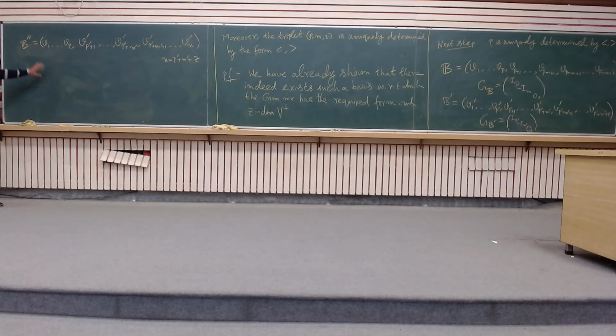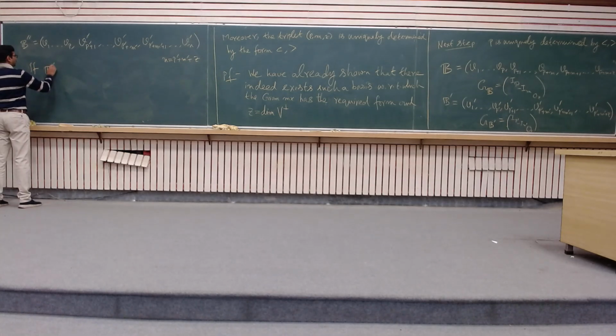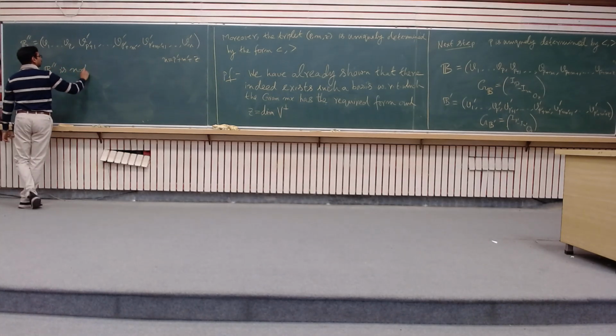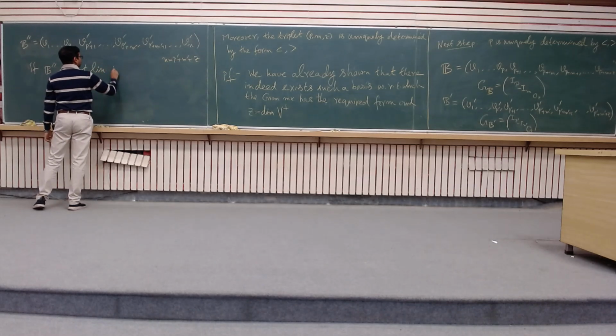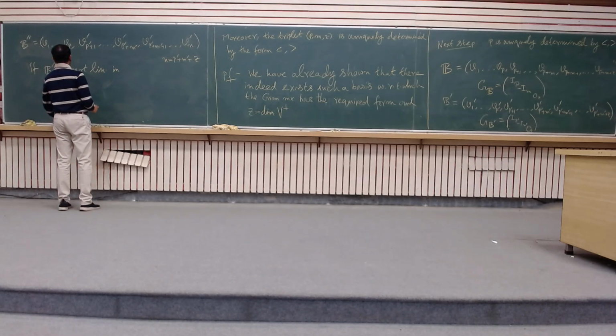Now the claim is that this is a linearly independent set, and the proof is exactly similar to what we have done earlier. Suppose they are not linearly independent, then there is a linear combination of them which is equal to 0, and you can separate out this part and that part. So if B double dash is not linearly independent, that is, if B double dash is linearly dependent,